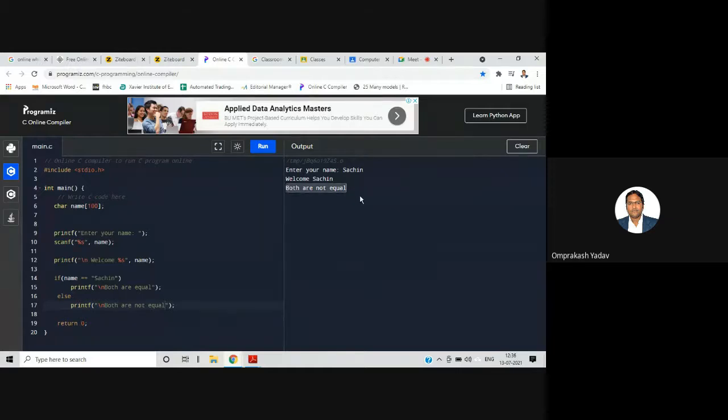Both are not equal. So what is the problem? Why is it displaying both are not equal even though both these strings are same? Even though both these strings are same, it's still not showing that both are equal. So there is some issue with regards to this particular equal to operator. So we must understand this thing first.